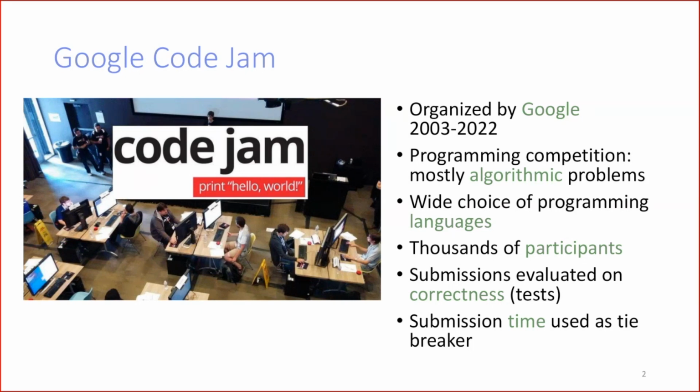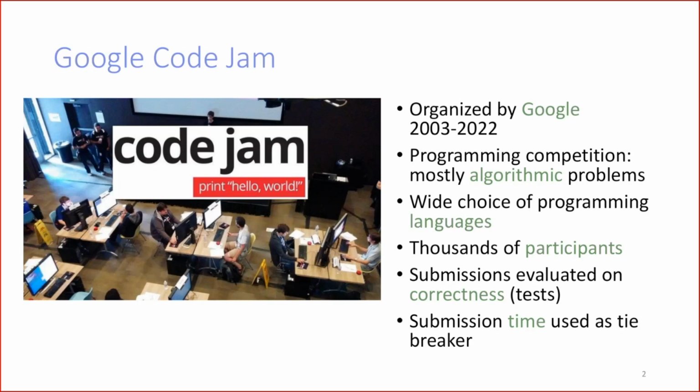It's very large scale. It's mostly the classic kind of algorithmic problem. So you have to write an algorithm or implementation that is very efficient and solves, I don't know, analyzes a bunch of data and so on. And there is a wide choice of programming languages. Essentially, Google prepared some kind of virtual machines with a Unix system installed with a lot of compilers for a lot of different programming languages. And you could still use different programming languages. You just needed to provide a build script that pulls the dependencies and so on.